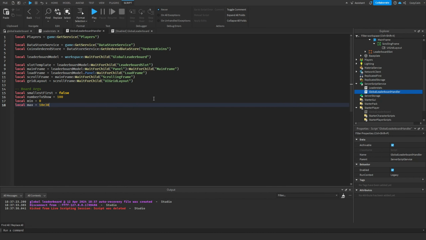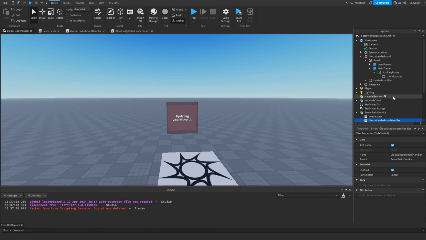So the variables I have here are first DataStoreService and an ordered data store. Using an ordered data store, we'll be able to get the top values from that data store, which is how we'll make the leaderboard. Then right in this section, we have the leaderboard model, the slot template, which is this,